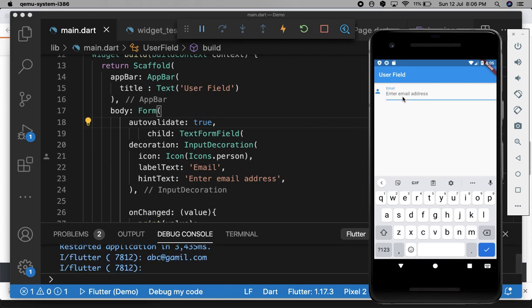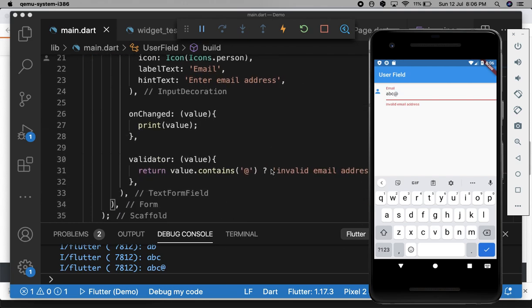Then start entering the email address abc, then I'm entering at the rate. See the difference. You will get a validation error, and you will get that message when you enter the character, based on the validation logic. Here we have added a logic like